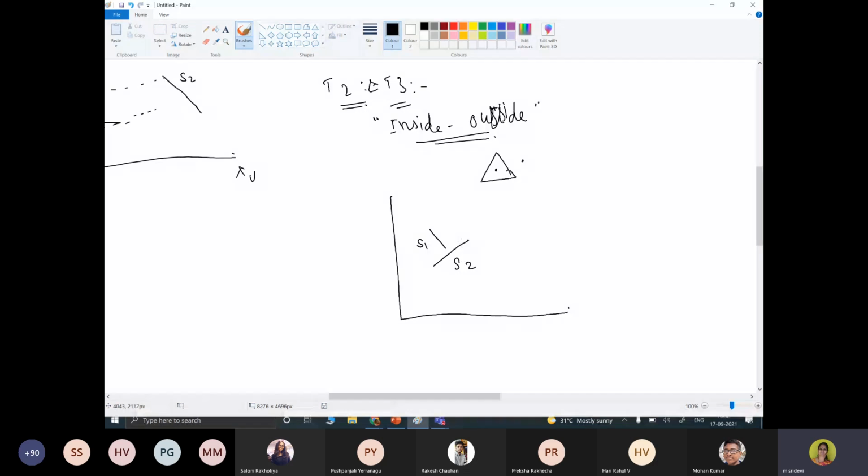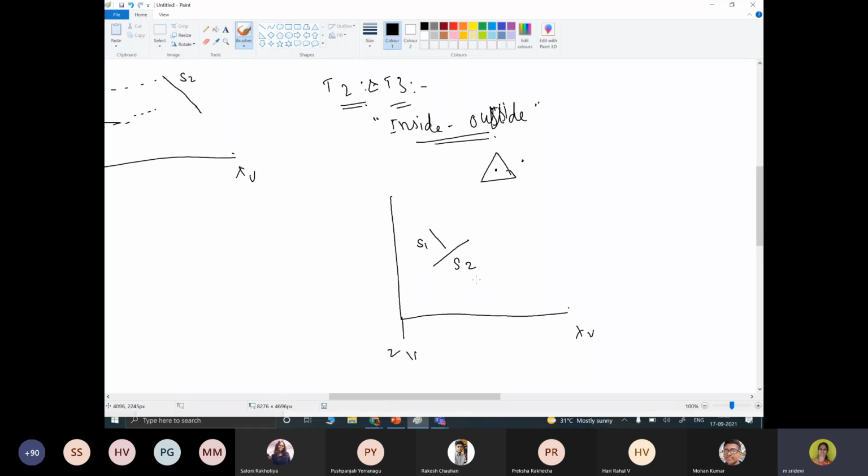Here this is Z and this is the X view plane. S1 is one surface and S2 is the other surface.